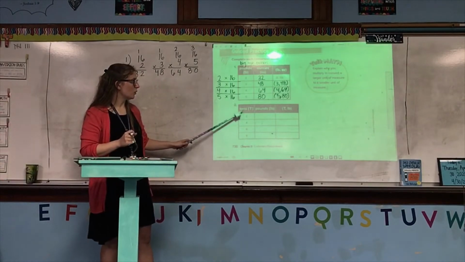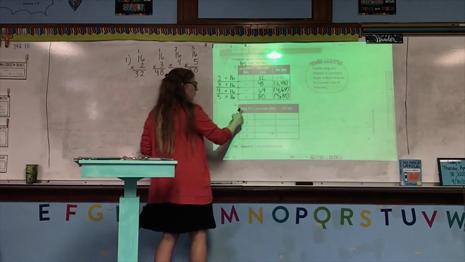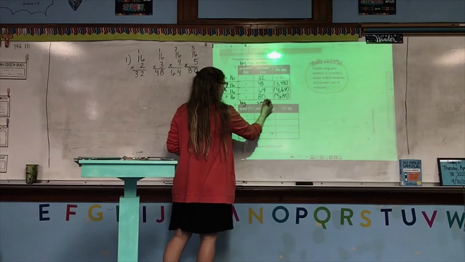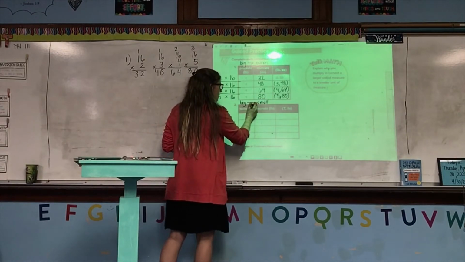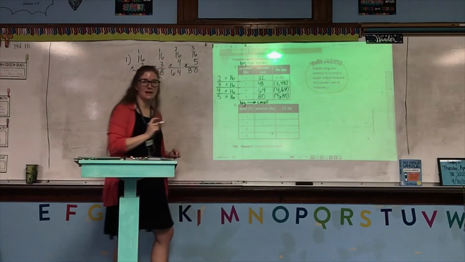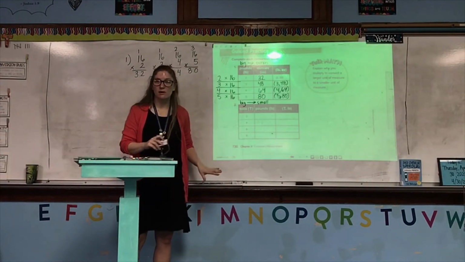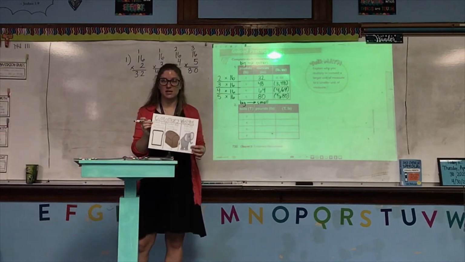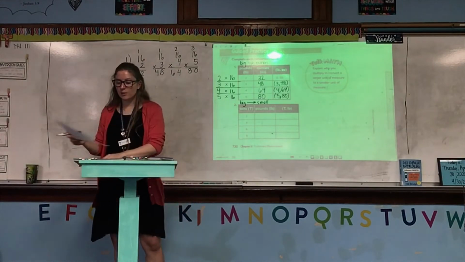Okay, now let's look at number 2. Number 2, we know the tons, and we're trying to find the pounds. We know tons are big, pounds are small. We know the tons, we're trying to get the pounds, so that means we're going to multiply. But before we start setting up our problems, let's check our chart to make sure that they're right next to each other. Here's tons, here's pounds, they are right next to each other,